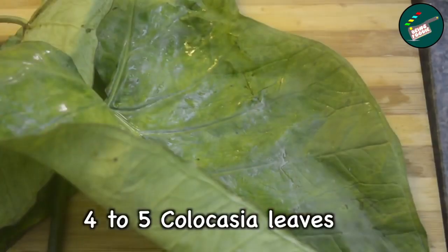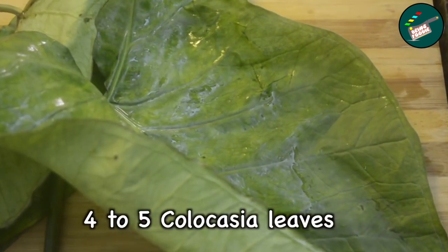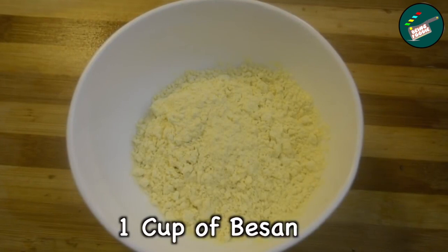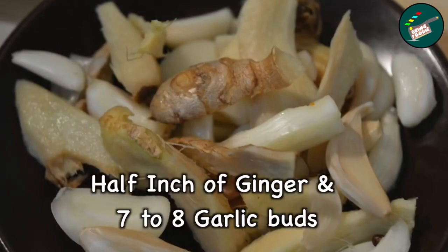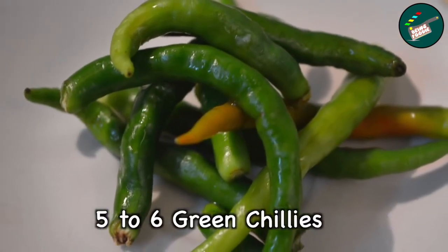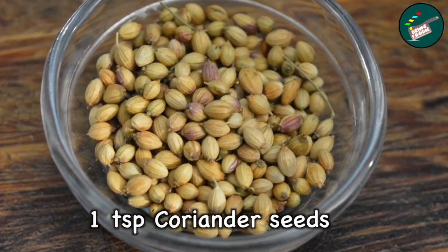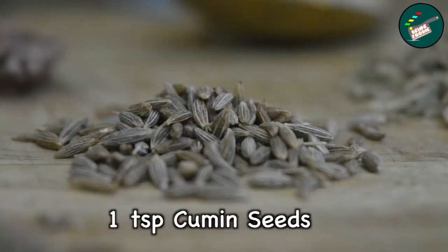Ingredients: 5 to 6 colocasia leaves or aloo leaves, 1 bowl of besan or Bengal gram powder, 10 to 15 garlic buds, 7 to 8 green chilies, 1 tablespoon of coriander seeds, 1 tablespoon of cumin seeds,